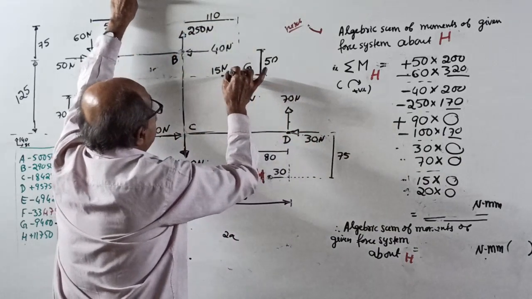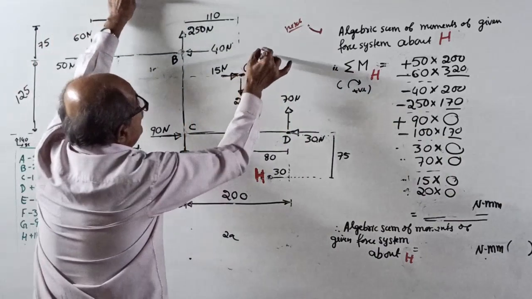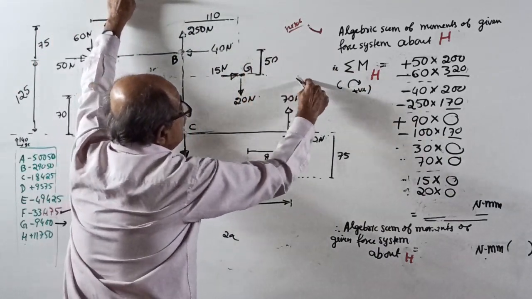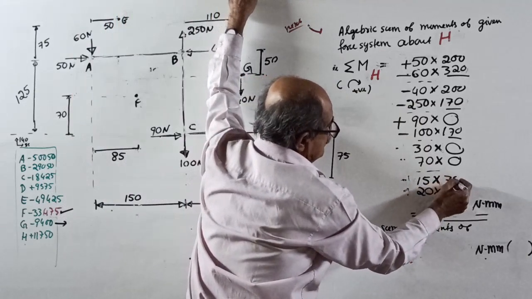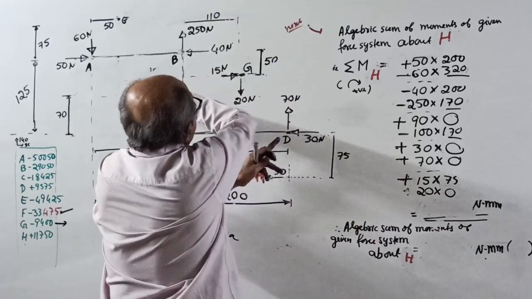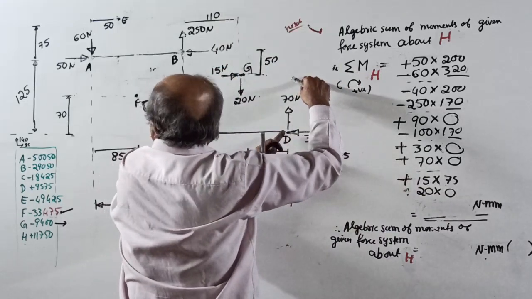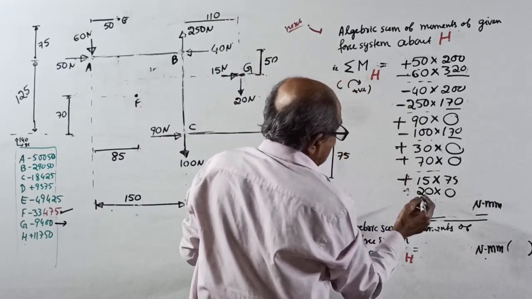Then 15 into, see here, this is 125, this is 50, so this will be 75. 15 into 75. For 0 you can put plus only. This is positive. Why? See, 15 into 75 clockwise. Lastly, minus